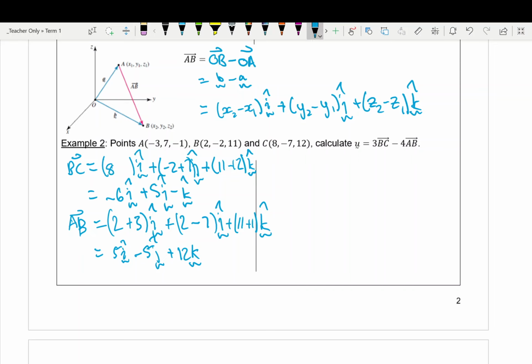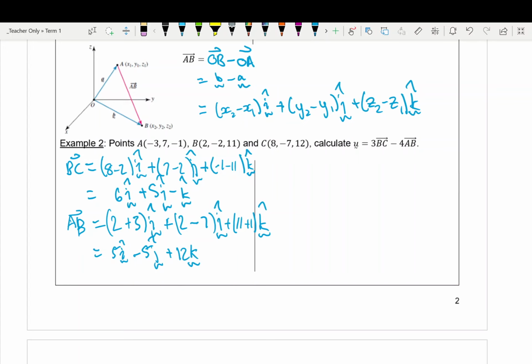So 8 take 2, 7 take 2, and negative 1 take 11. So this is going to give us positive 6, negative 5, and sorry, this should be 12 take 11, which is going to be plus k. Sorry about that mix-up. So if we then multiply these by the scalars that we're given, we're going to find